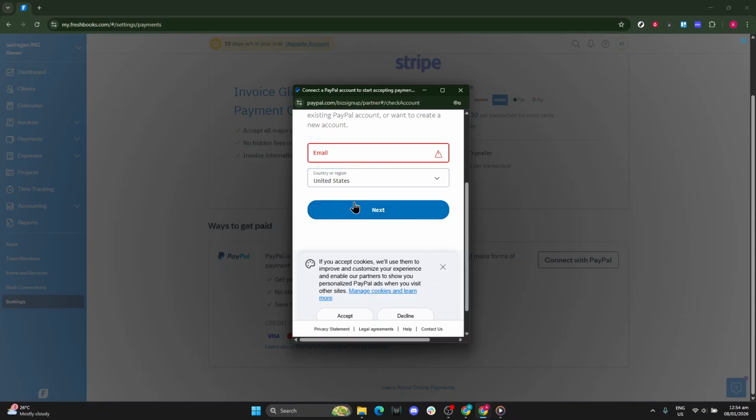Locate Payments, open the Actions menu, select the option to accept online payments, find PayPal, connect, and provide your PayPal email. With that, you're set to accept